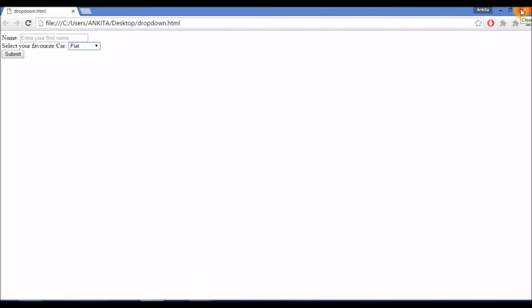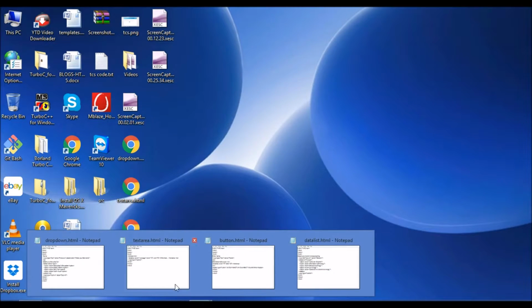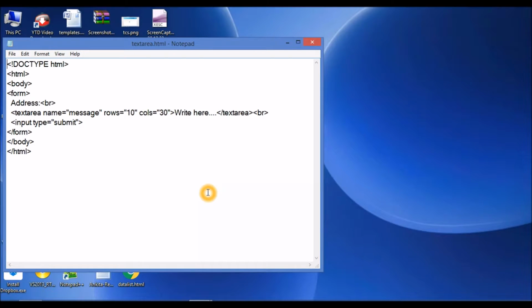Then we have text area. Text area is used in case you want multiple line input in the text field. Its usage is very simple. I'm just defining address, then I'm using text area and name as message.